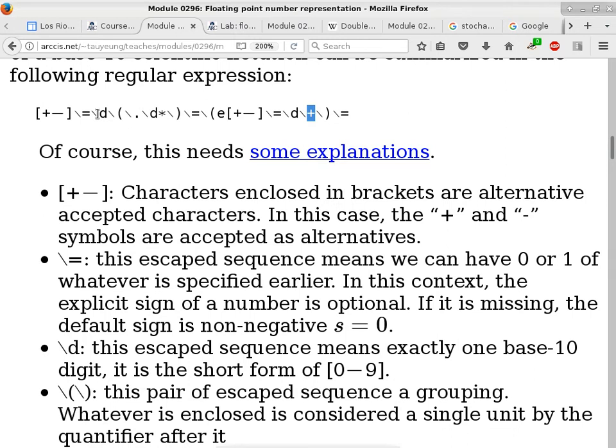Because you can have 0 digits prior to the decimal point. Oh, so you could just have a point. You wouldn't need a 0. You can have a point something, but you cannot have just a point by itself. Yeah, so then it could be an asterisk. Yep. So how do we get from the binary number to this version?